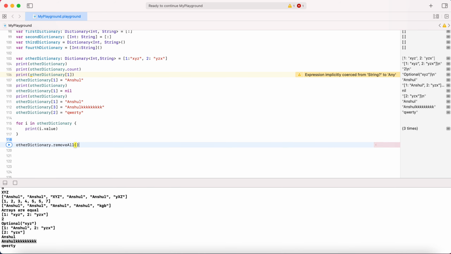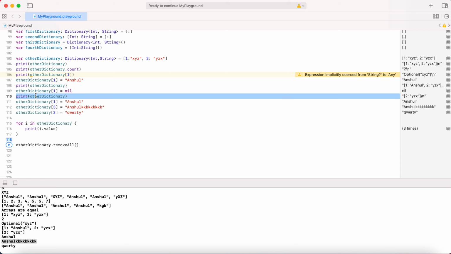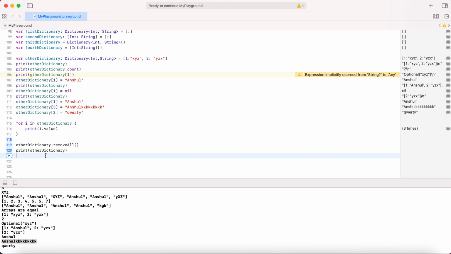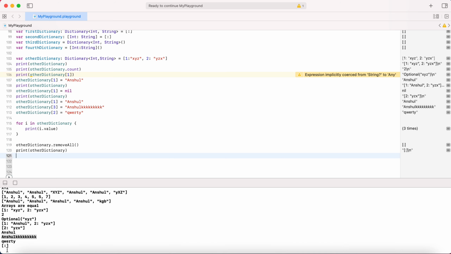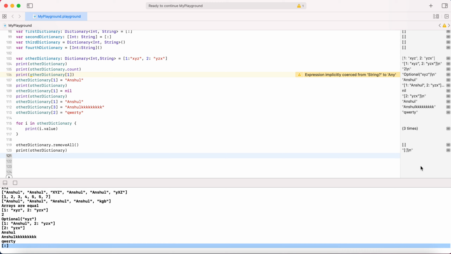And if you do this remove all, this will remove whatever we saved in the dictionary. Let's print that also. See, this is empty. So this way you can do operations on a dictionary.